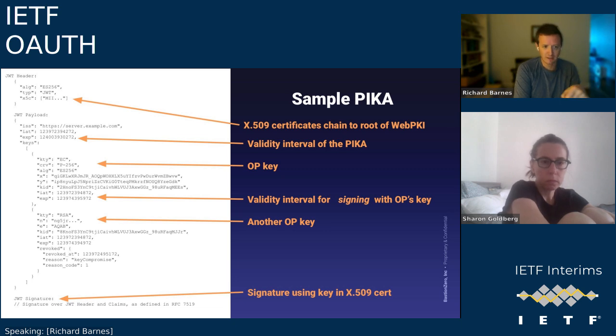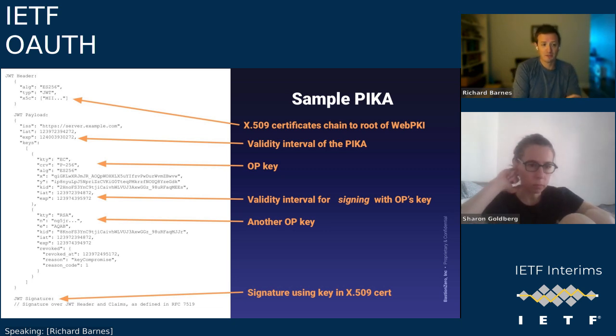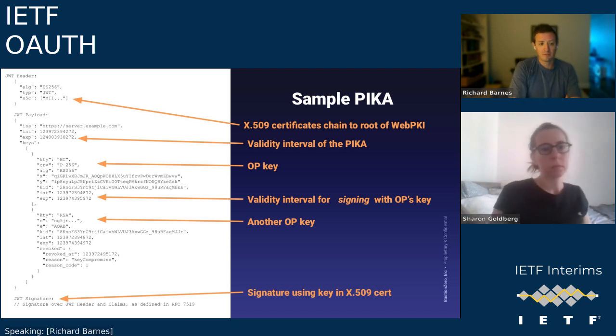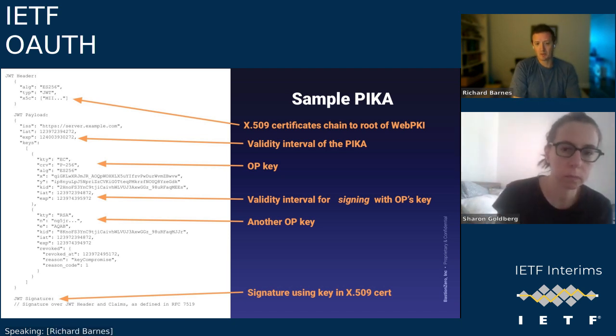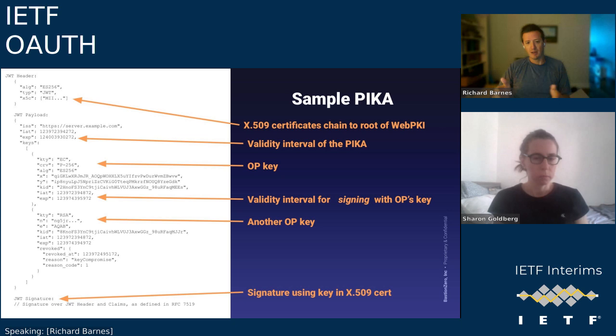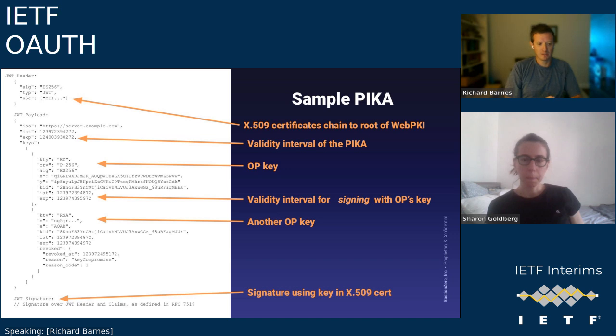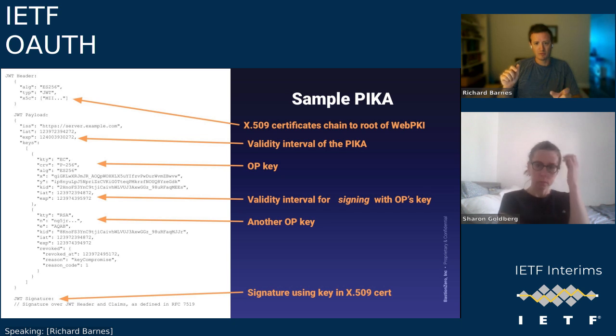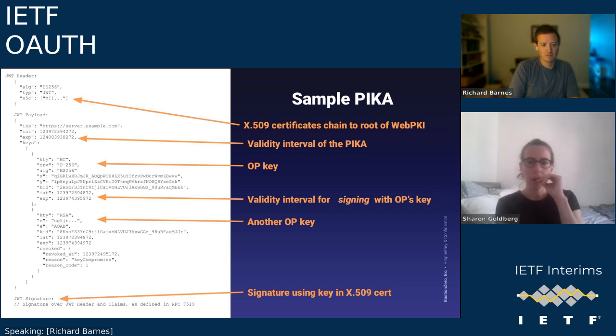So we have these IAT and EXP fields on the keys within the JWK set that define when the OP was signing with that key. That's useful, especially in those kind of historical use cases, because if you're trying to verify an object that claims to have been signed at time t, you can verify that the OP claims that they were signing with that key at time t as well. All right, so it's not just that you have a JWK set that expresses everything that's valid for an OP. You can also bound the lifetimes of those keys within the scope of this statement.